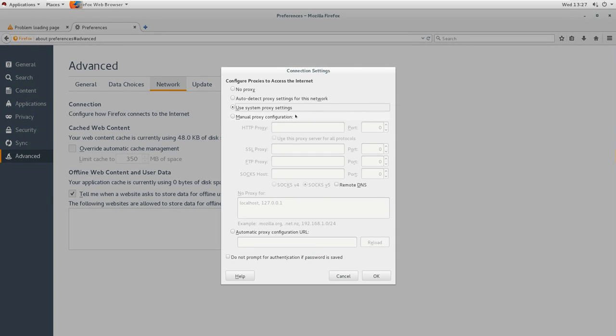and in the connection settings you have the option to use the proxy. Right now it uses the system proxy, which is the default one, but I want to use the manual proxy, which is our own server. So I will click here on manual proxy, and here I will mention the server IP, which is 172.16.1.1, and remember our server is listening on a specific port, and that port is 3128.